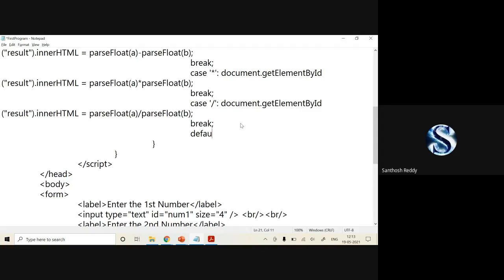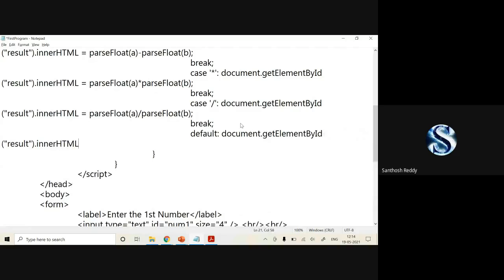Now, if you have selected any other operation, by default you have to display some message, no? So I'll write default. I'll write document.getElementById, ID of result, dot innerHTML is equal to, you have chosen a wrong option.